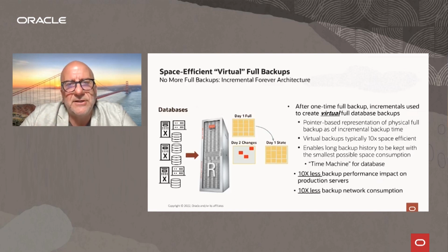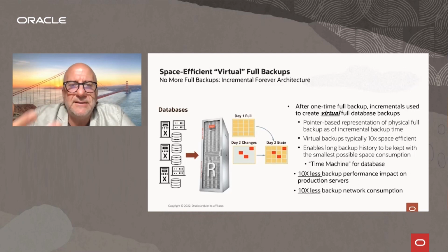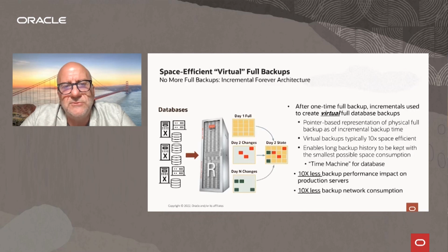And inside the recovery appliance, a virtual full is created, combining the blocks from the full of day one with the blocks that changed on day two. There is no merge process, there is no data movement here. It's just a set of virtual pointers creation, and you have your full backup representation for day two. And this keeps going forever. There's no need of taking a full backup anymore. And this allows us to have very fast